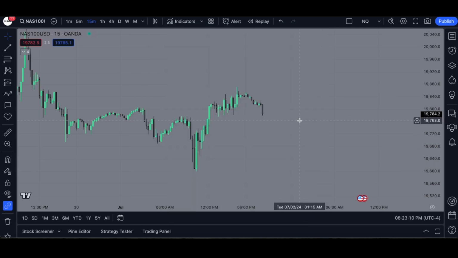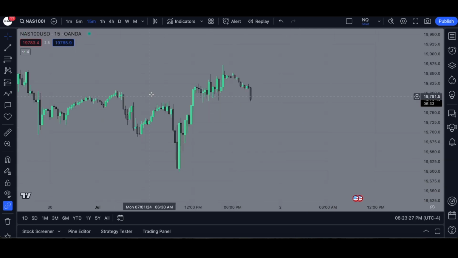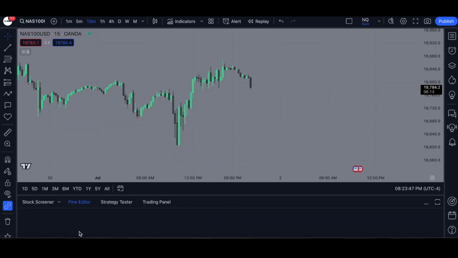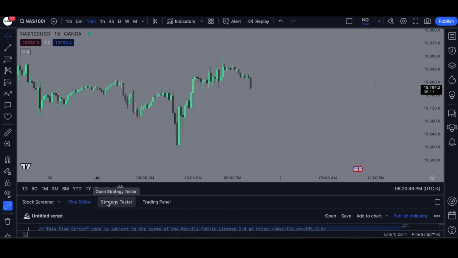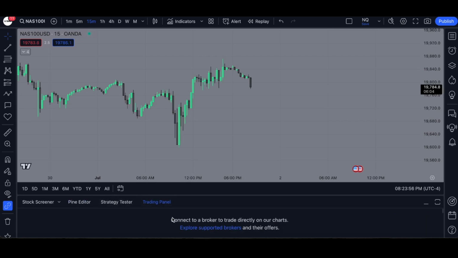Yeah, and as you start to understand more about trading, you can play with that, but these are just the basic SMC trading chart. So we talked about the chart, now let's talk about actually interfacing with the chart. This is other stuff we didn't go over. This is for scripts, strategies, coding stuff, and stock screener,